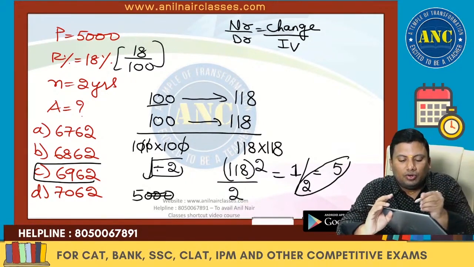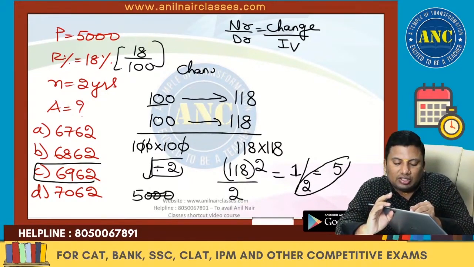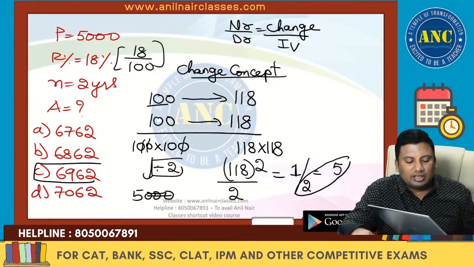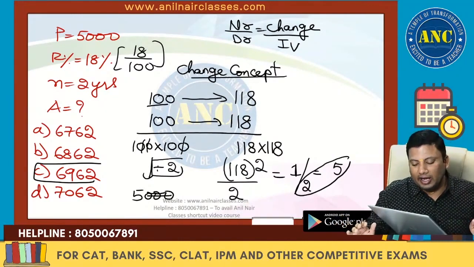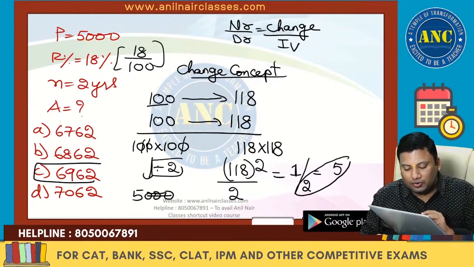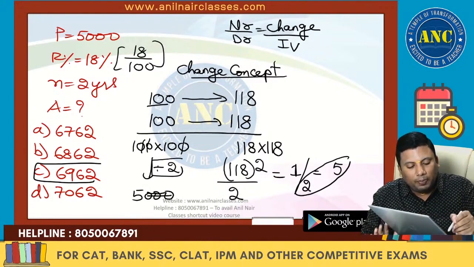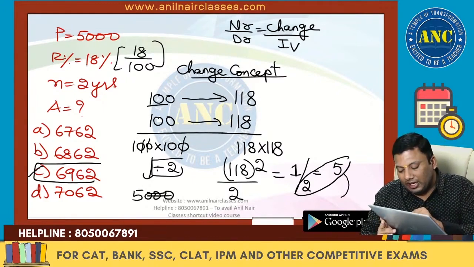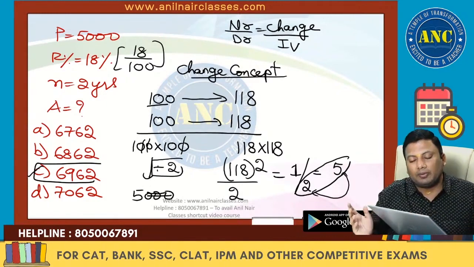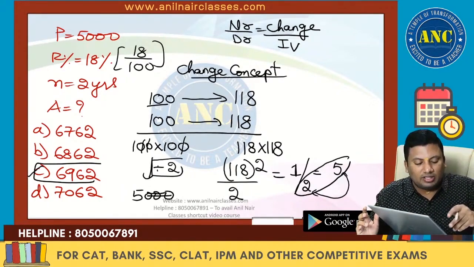You can also solve by using this change concept. You don't need to use that formula. I hope it is clear. Idea is clear, right? 118 whole square divided by 2. So 118 digital sum is nothing but 1. 1 by 2, pick from the answer options. 6, 9, 6, 2. 6 plus 9, 15, 21, 23. 2 plus 3, 5. 5 2s are 10. Digital sum is nothing but 1.